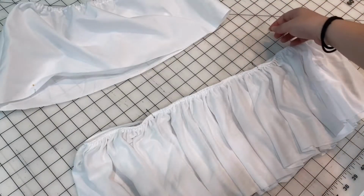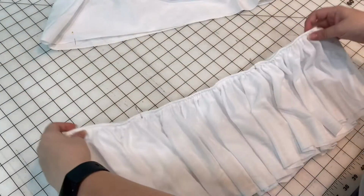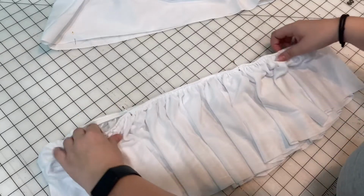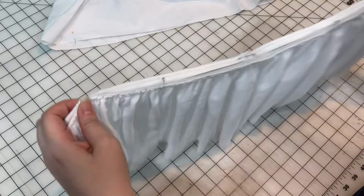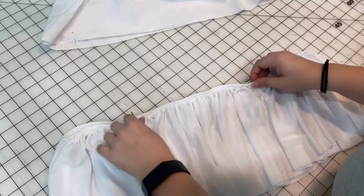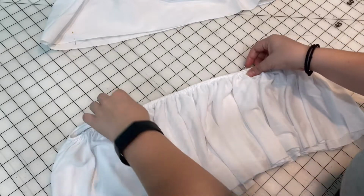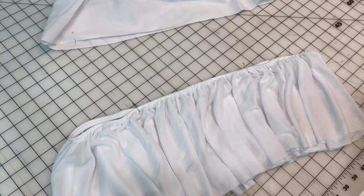I also wrapped the bed skirt portion around my shoulders. I just put it on and I marked with safety pins that same distance except on the sheet, because this is elastic and so it's actually going to be a smaller, shorter distance than it would be once it's stretched out. Doing it this way also lets me account for the upper portion of my arm